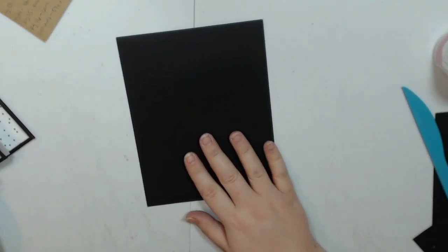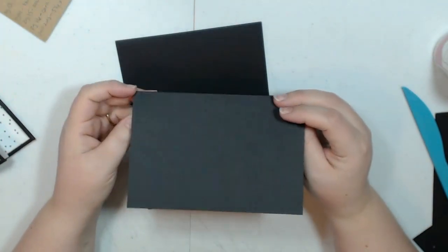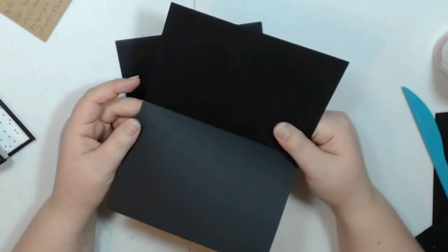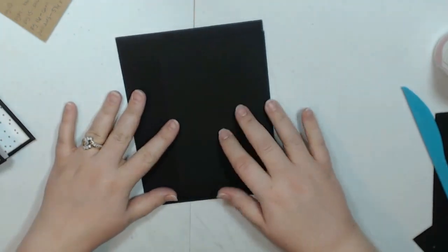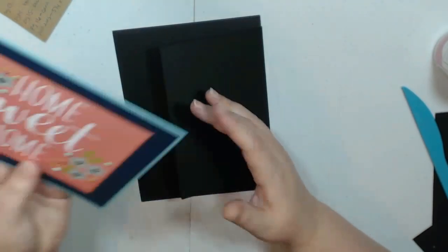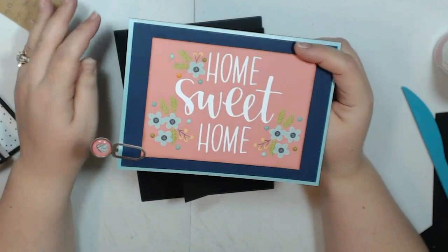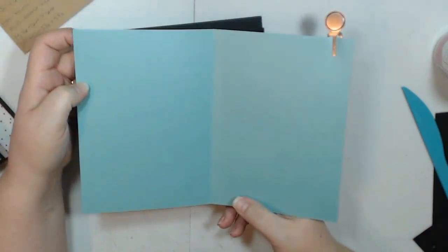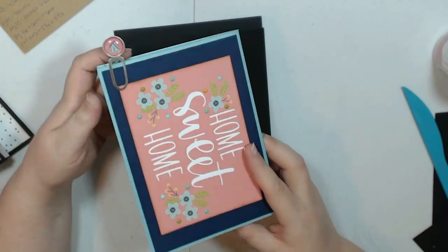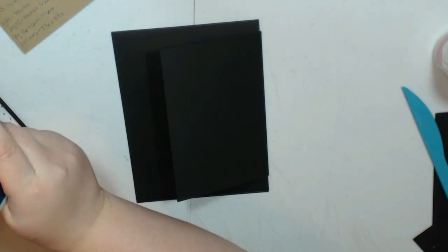And the next page has a large pull out. So for this page, you could make this size pull out if you prefer, the 6 1/4 by 8 1/2, and score it in half, which is probably what I'm going to use for this album since it's already made. Or you could cut a larger pull out. This card was 10 inches by 7 inches. And you score on the 10-inch side at 5 inches and fold it in half, and that'll give you a larger flap if you choose to do that. Okay,